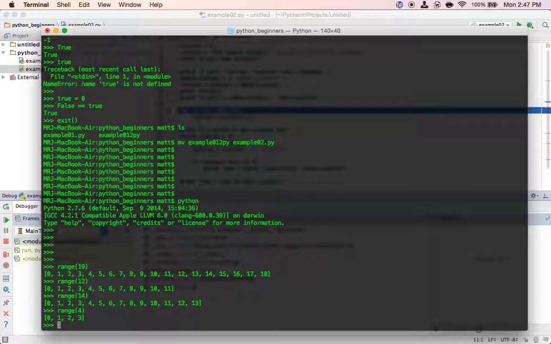A spread of how many values. Yep, it's making, well, we haven't